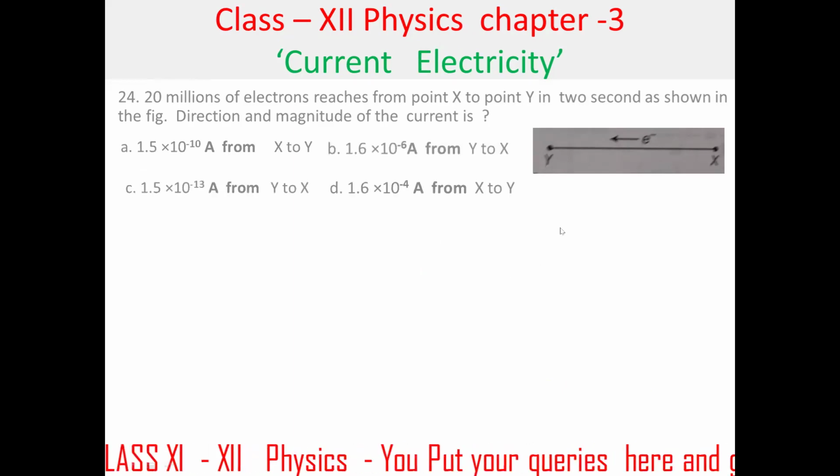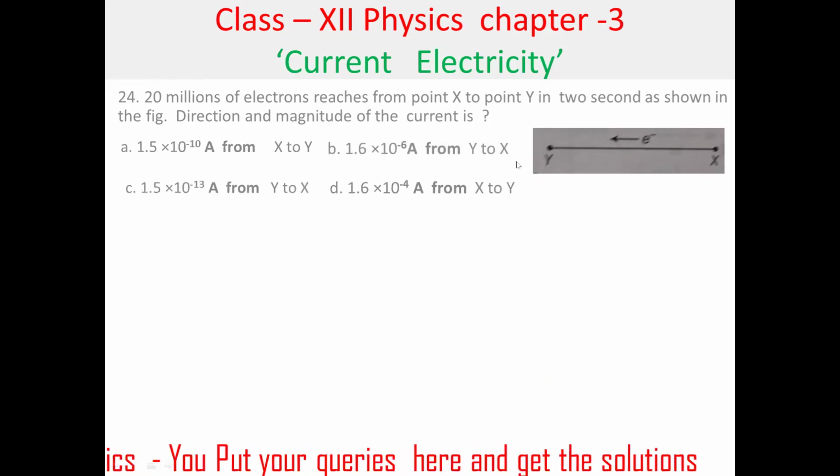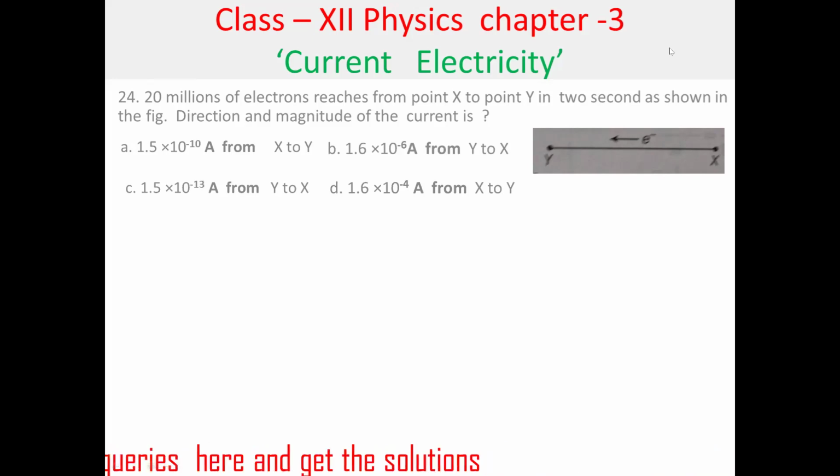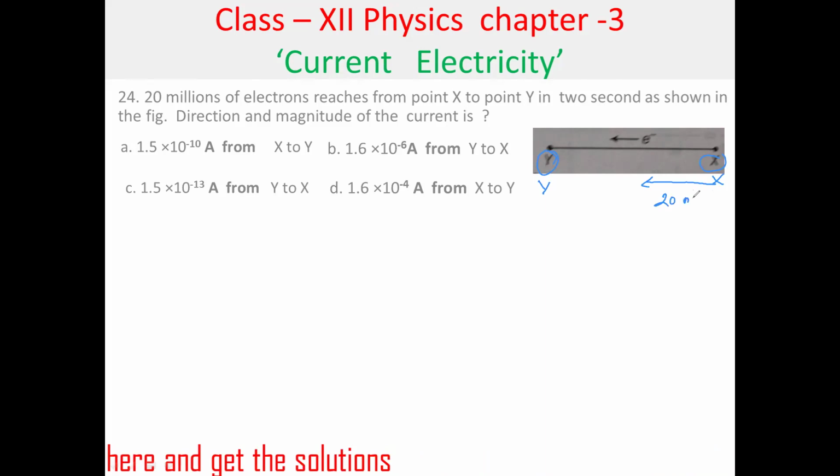These are the options. I need to explain it here. What does it say? 20 million electrons reach from X to Y. This is X, this is Y, okay? X से Y की तरफ 20 million